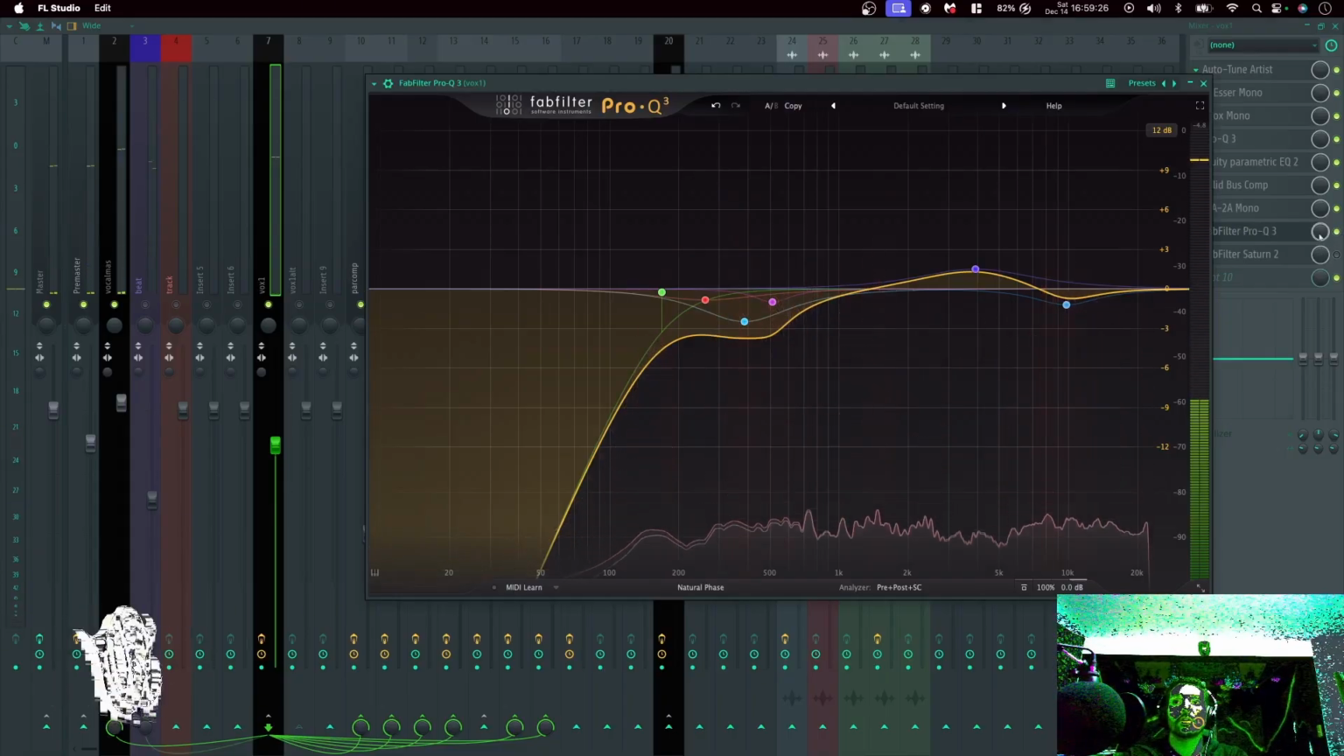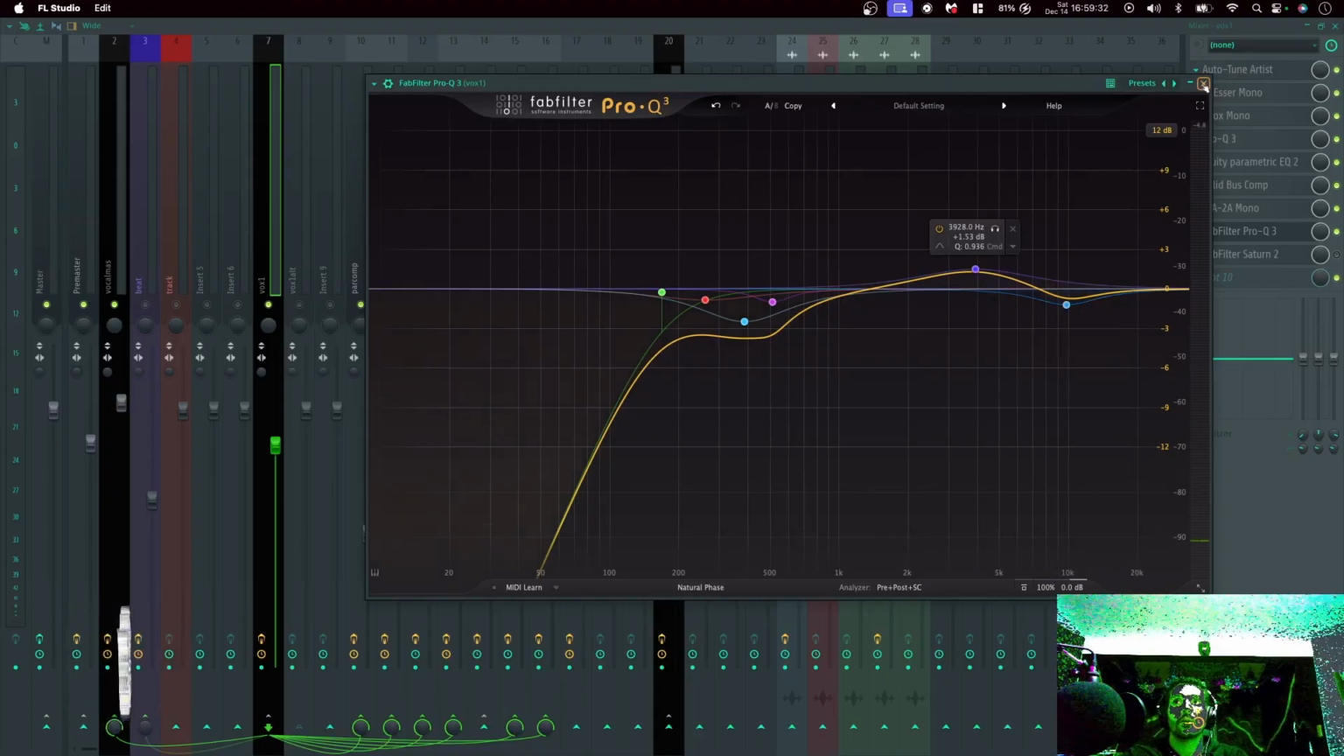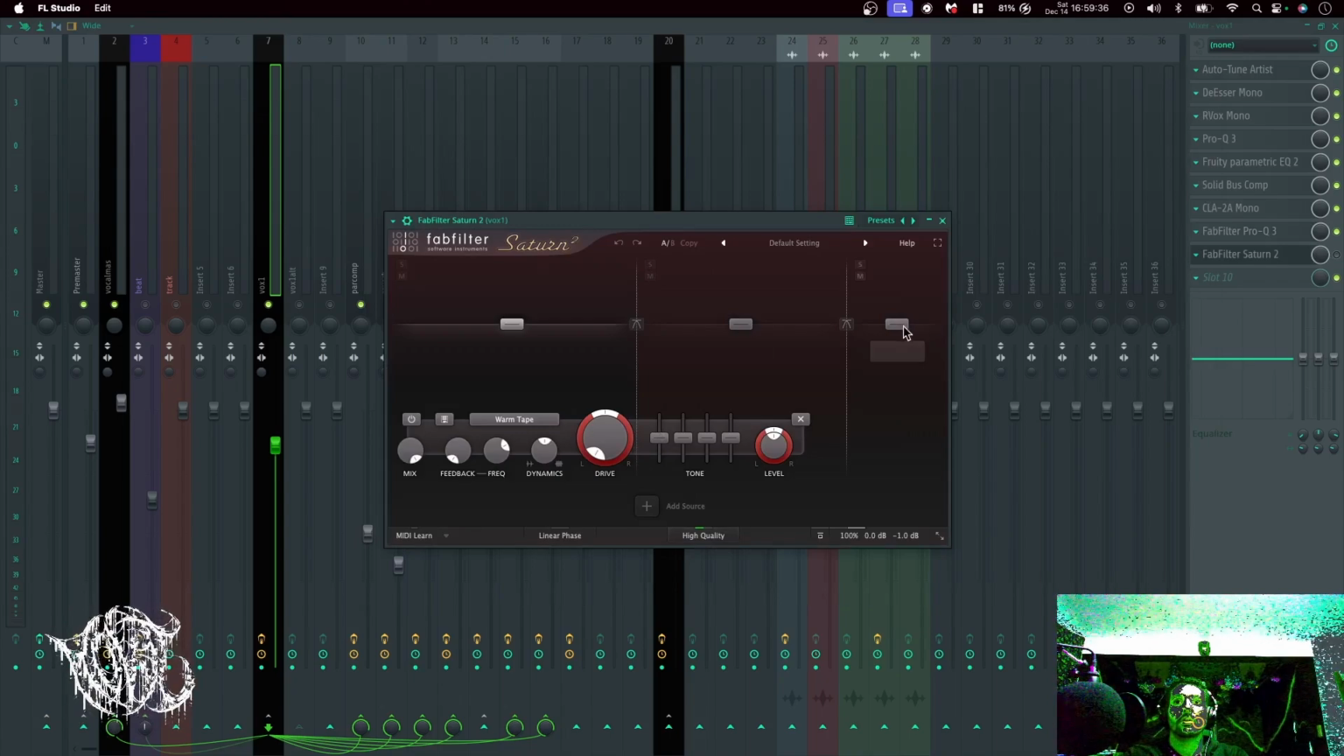So you can probably hear from this, kicking this up, kind of fighting some of that sibilance harshness in the high end right there. Again, and then I'm going to add some of this stuff back actually by